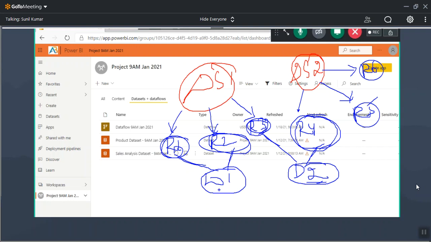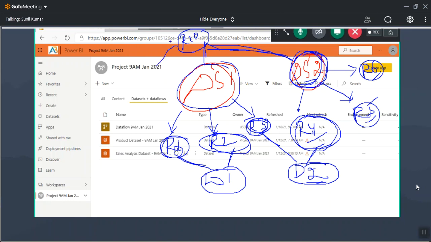The question is, when I delete data set 2, what happens to these reports, report 4, report 5, report 6, which were developed on top of it? They will even ask, can we create a report on 2 different data sets? Using data set 1 and data set 2, can I create any report?